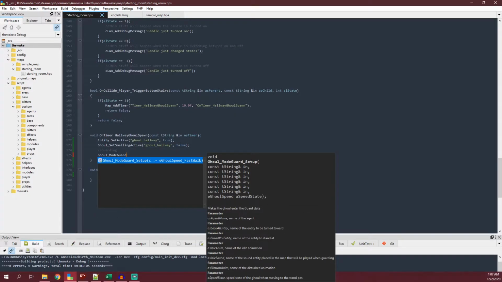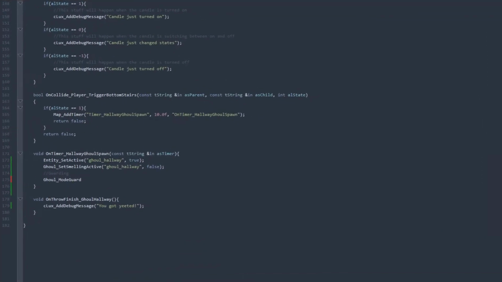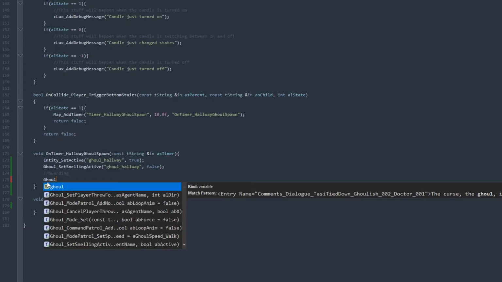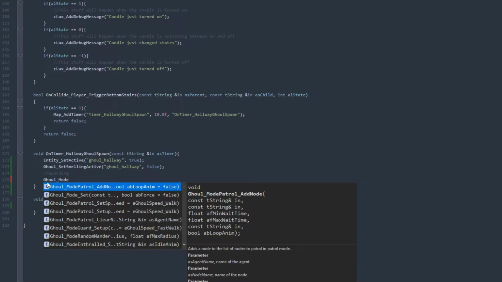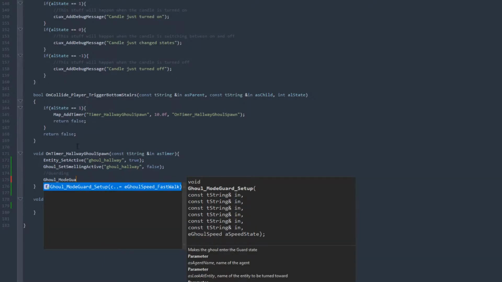Actually, I'm going to zoom in so you guys can see this a little better, and let's rewrite this here so you can see it. Mode guard setup, and I think it's cut off for you, but I'm going to run through all of these. You can see it takes quite a number of variables, but we'll walk through every single one so you understand. It's actually pretty